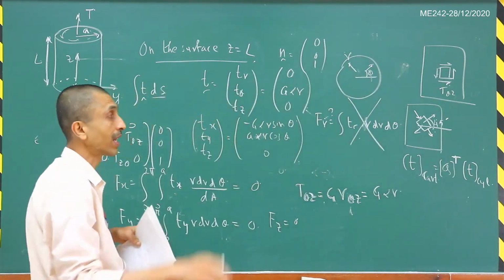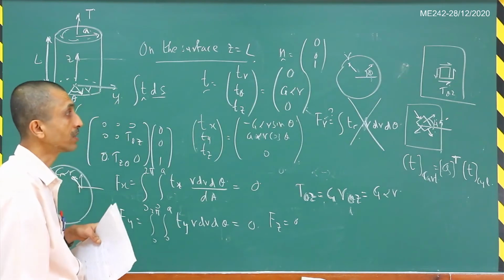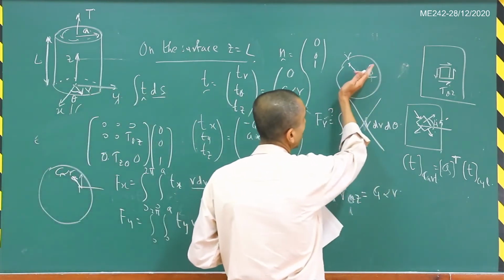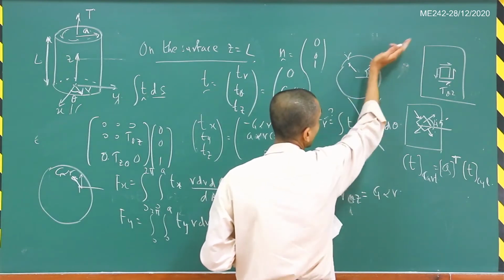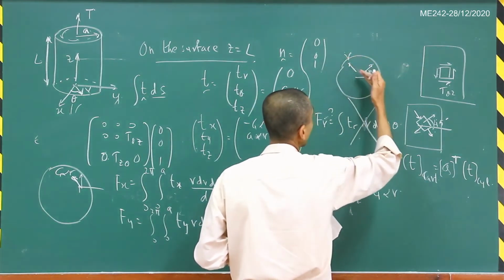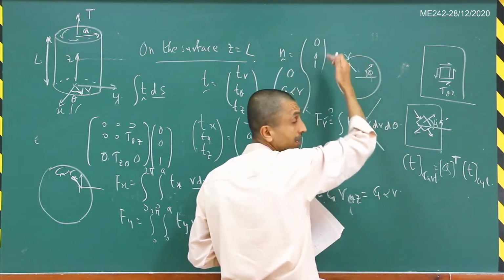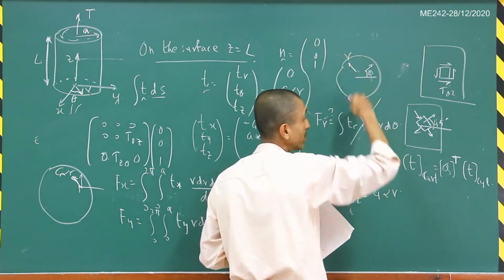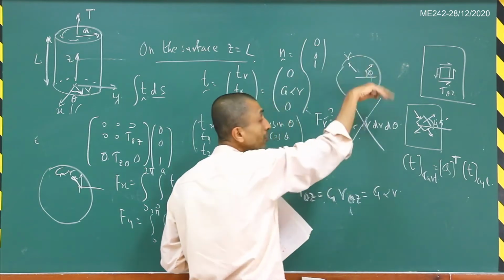Okay, so that is the correct way to do these things. You cannot integrate it like this because, as I said, at some theta, t_r is along this direction, and at some different theta, the t_r is along this direction. So when you are integrating around different directions, that will not give you the total force here.